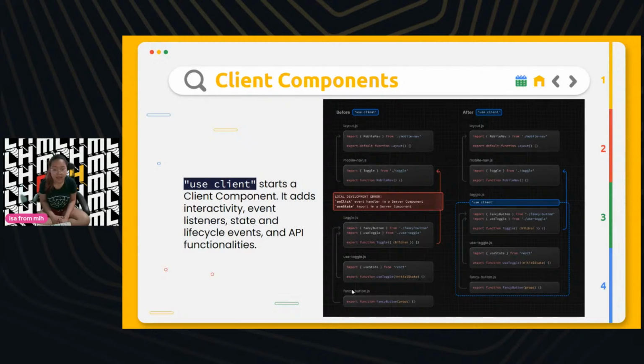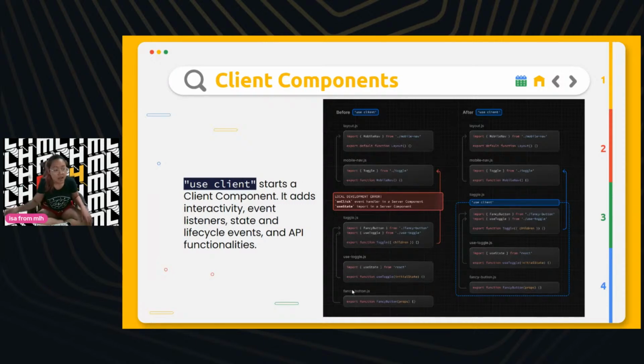Just wanted to explain that. Once we start into coding, I personally won't be using the server and client components just because it's so new that if y'all make a mistake, or if I make a mistake, which is most likely, I might not be able to Google the right answer. I won't be able to get the right support just because it's so new and not everyone has tried it out yet.